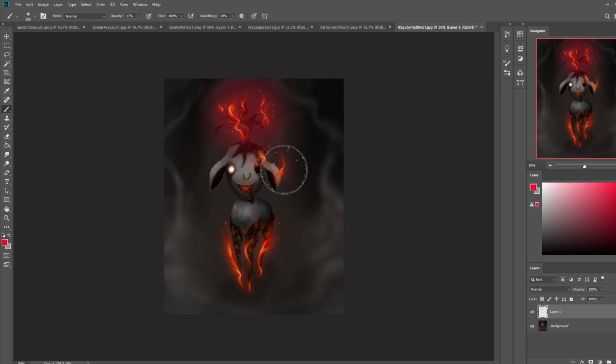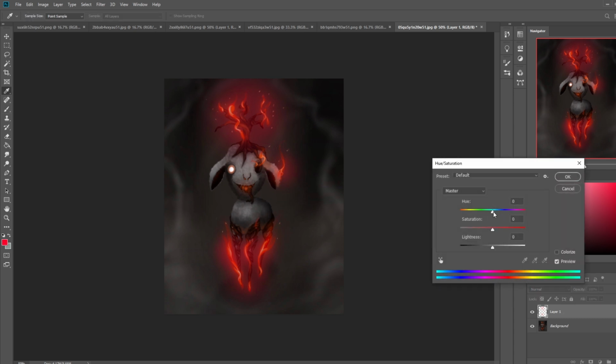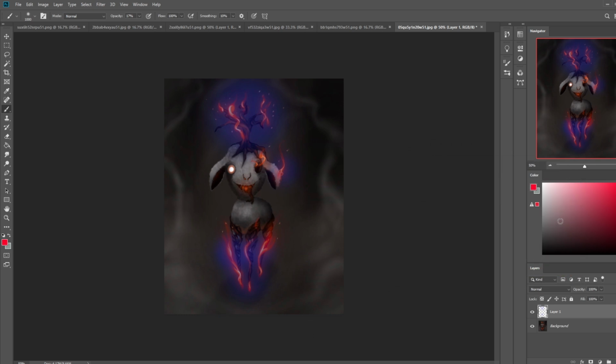Sometimes you can have a red flame with a different colored glow to get that magical element. So we can have a red flame with a blue glow. Is that not nice?